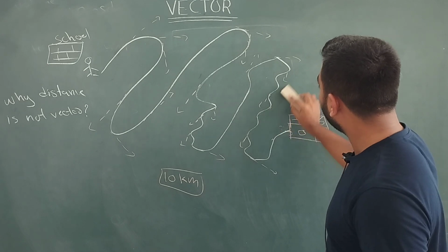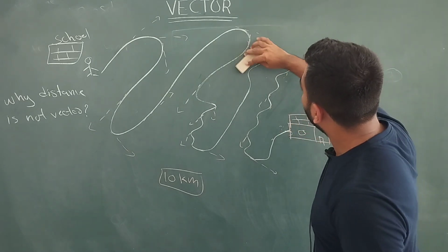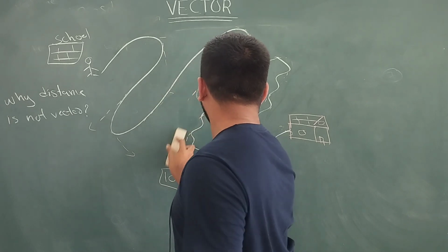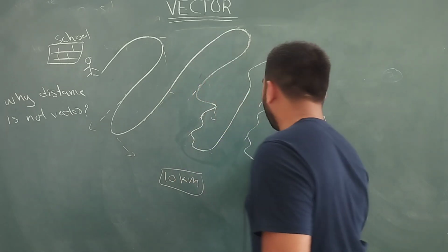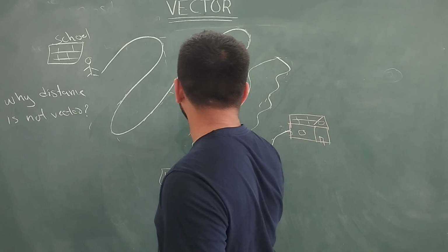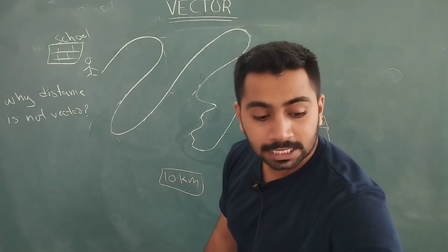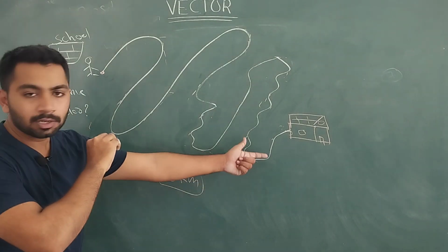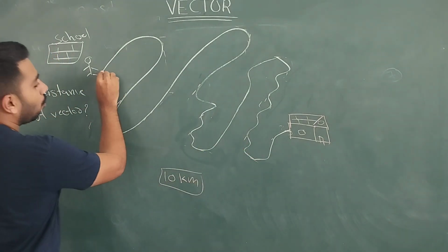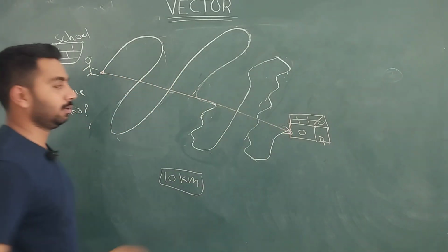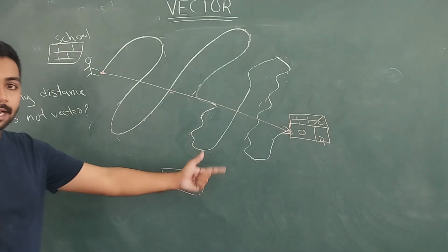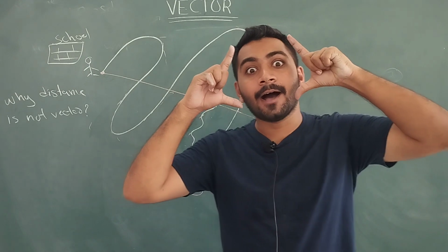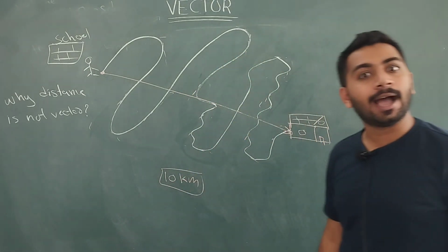But what if you remove all this and just take a displacement? How? From the initial point. You are going to the final point only. So from the initial point to the final point, can you tell a particular direction? Yes, sir. My eyes are open now. I can tell a particular direction now.